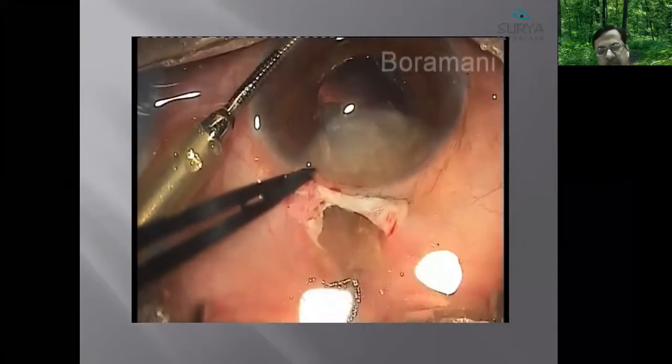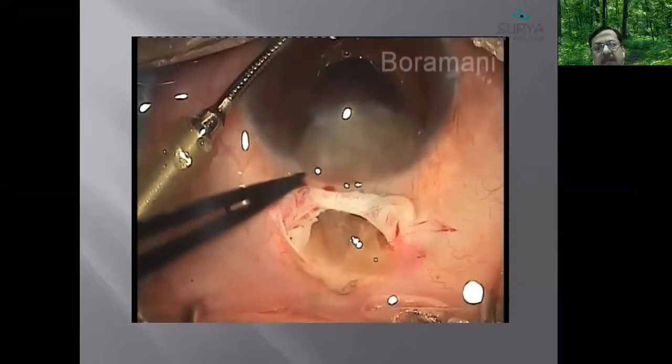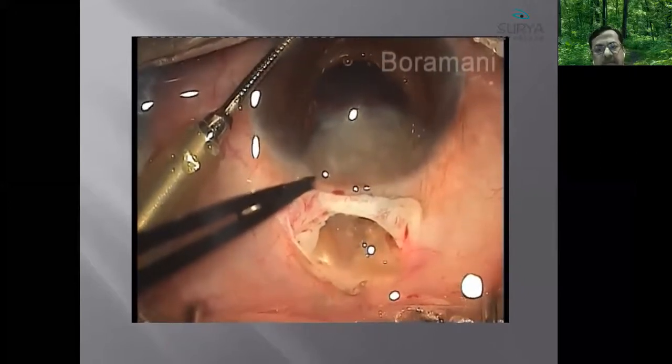Yeah, it comes out. If it gets trapped, you can pass the Sinskey hook again, a second time, gently do the rotational movements and take that nucleus out.